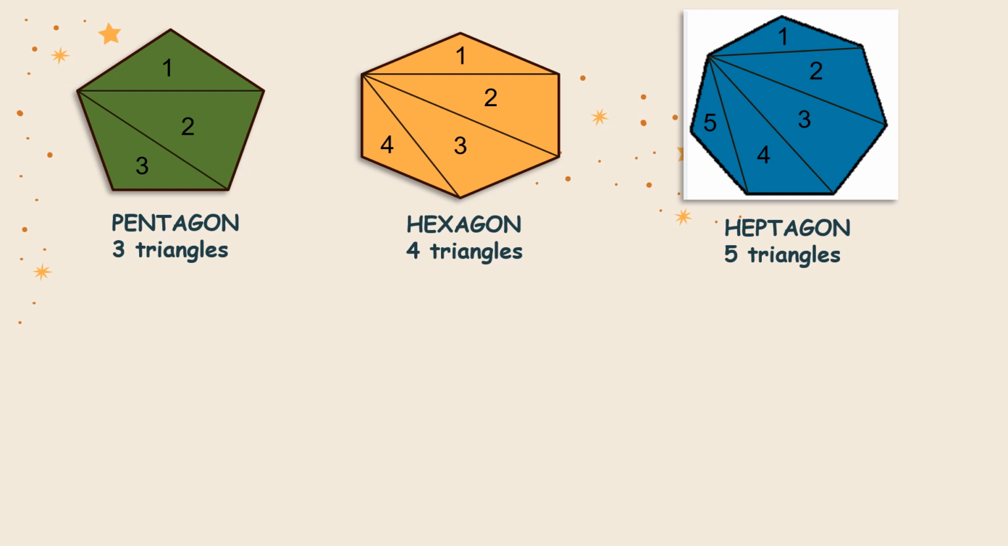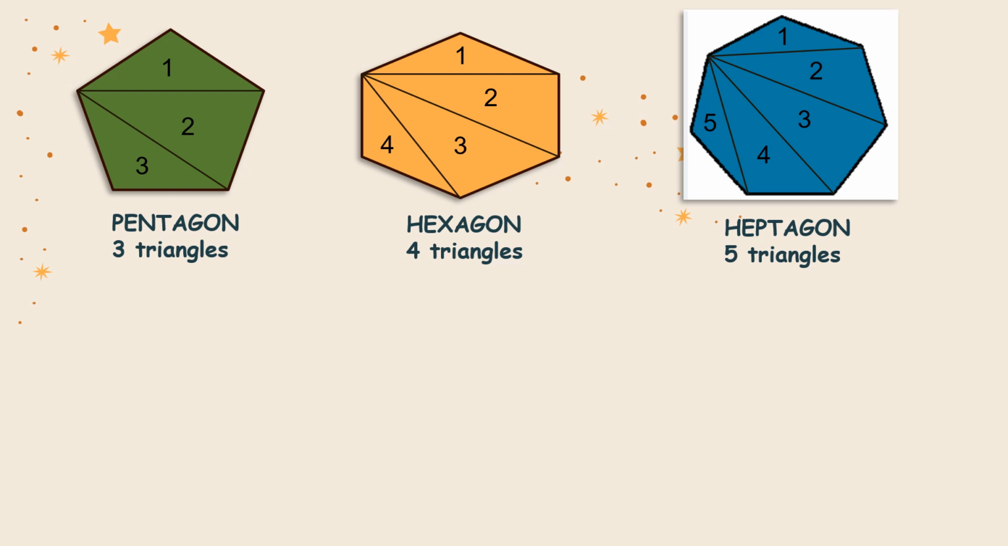Now, you can observe that pentagon has 5 sides. How many triangles have we constructed? 3. In case of hexagon, 6 sides. How many triangles have been formed? 4. In case of heptagon, 7 sides. How many triangles have been formed? 5. So, from this we can get to know that in a polygon having n sides, the number of triangles is